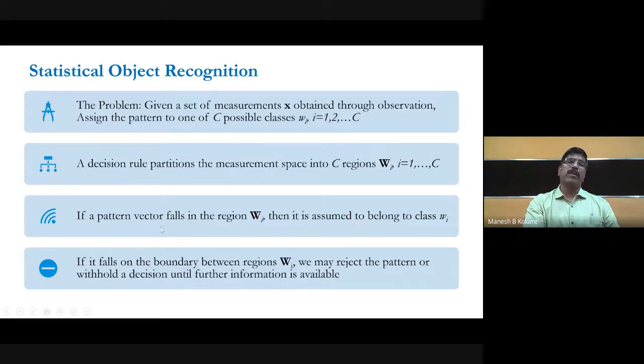If the pattern vector falls in region Wi, then we assign that unknown pattern to class Wi. And if it falls on the boundary between two regions, then we may reject the pattern or withhold the decision until further information is available, because that will be confusing and otherwise create a misclassification.